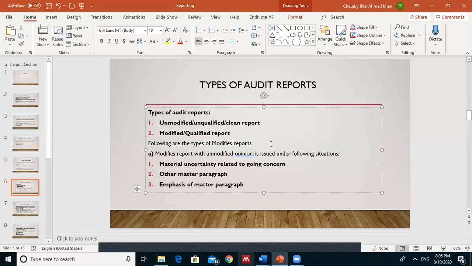Again, modified reports are also of different types. Okay, there are no types of clean report or unmodified report, but there are further types of modified reports. What are those types? A, modified report with unmodified opinion. Now, it is extremely important, make it clear, the first type of modified report is the